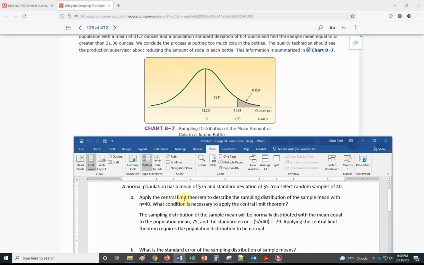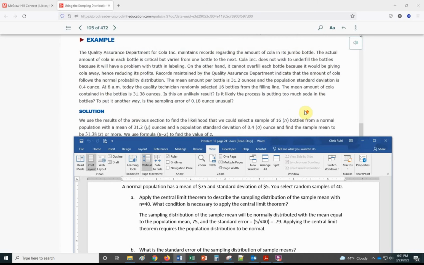So it says apply the central limit theorem to describe the sampling distribution of the sample mean with n equal 40. What condition is necessary to apply central limit theorem? Well, here we go. Here's the answer. The sampling distribution of the sample mean will be normally distributed with the mean equal to a population mean 75, and the standard error of 5 over the square root of 40, which is 0.79. Now, where in the world did that come from? Well, if we look back here,